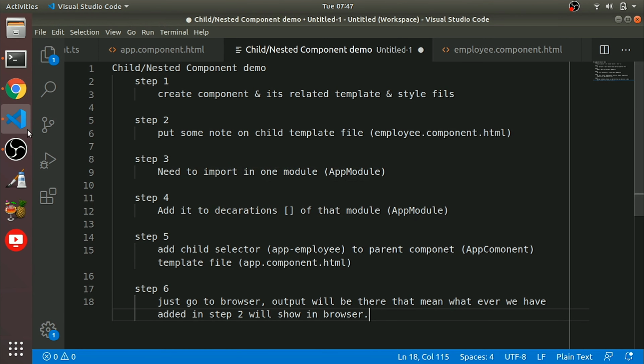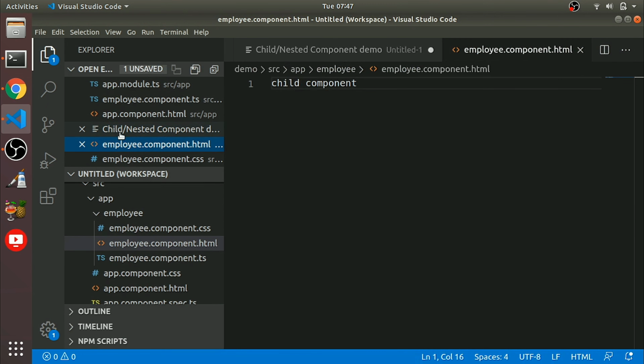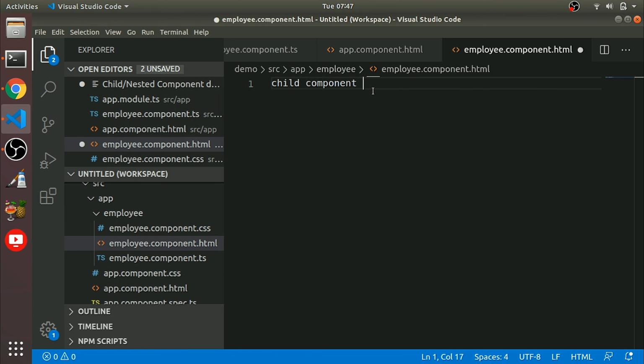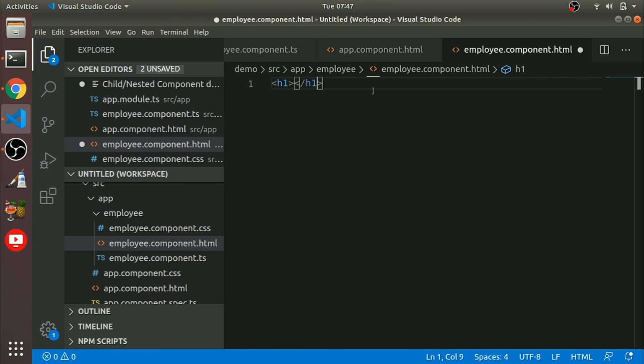If you change anything in child component, like child component, we can put an h1 tag here. Child working.